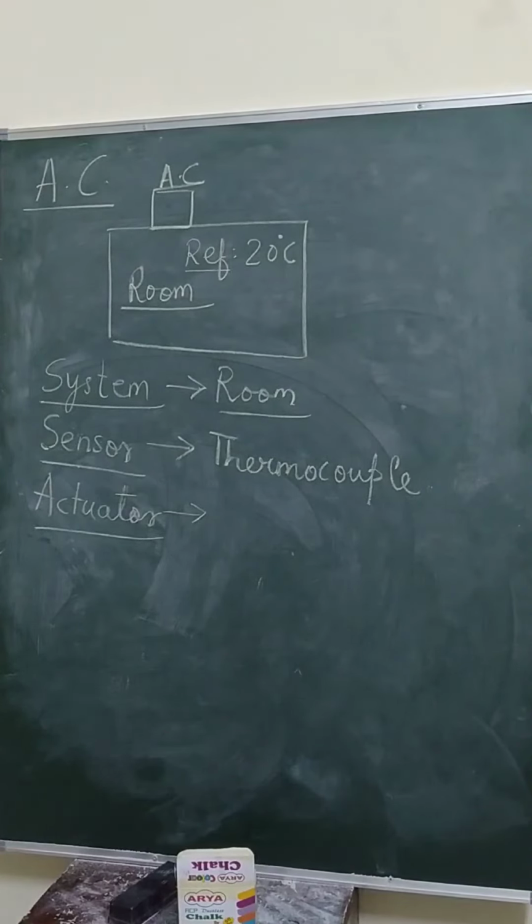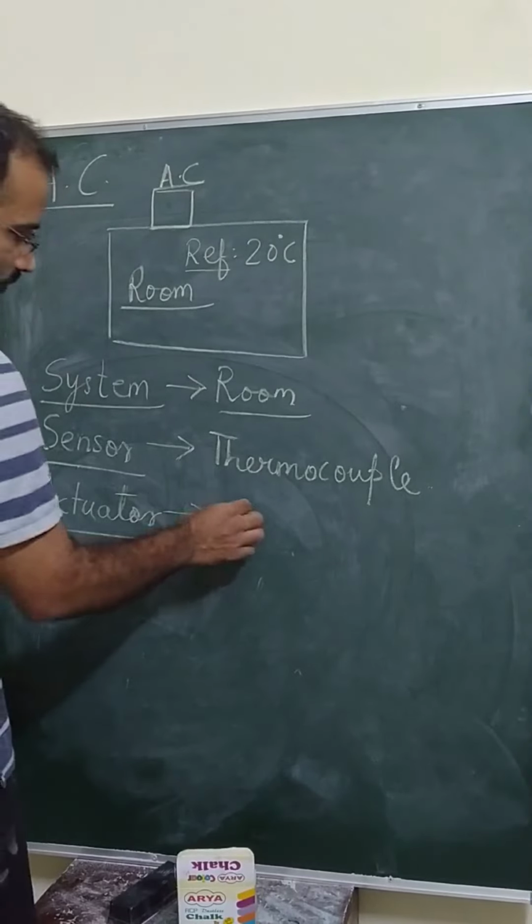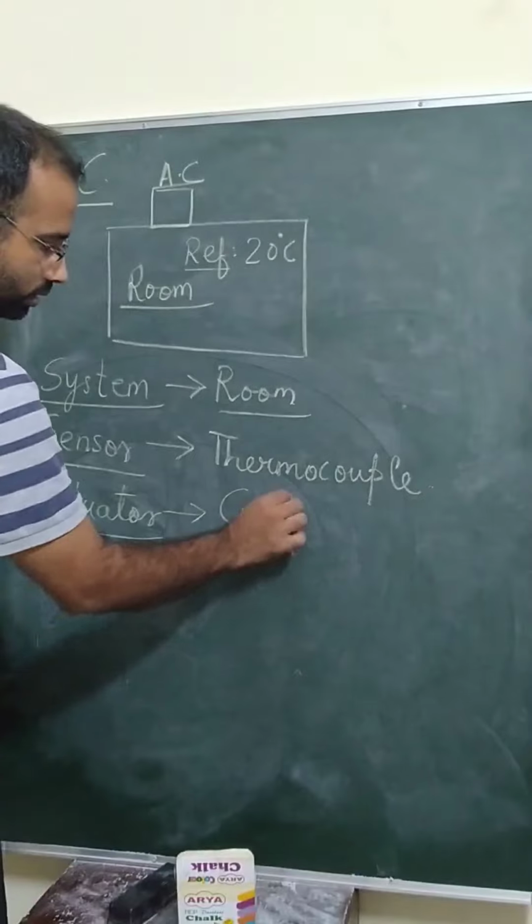So in that you have variable speed compressors. So the actuator can be the electronic component inside it which supplies the required amount of current to the motor depending upon the speed required of the compressor. But for simplicity, let us say that the actuator here is the compressor of the AC,